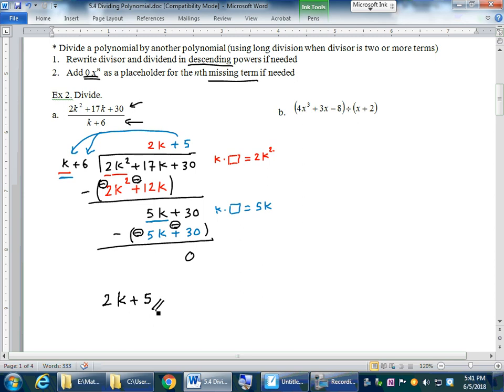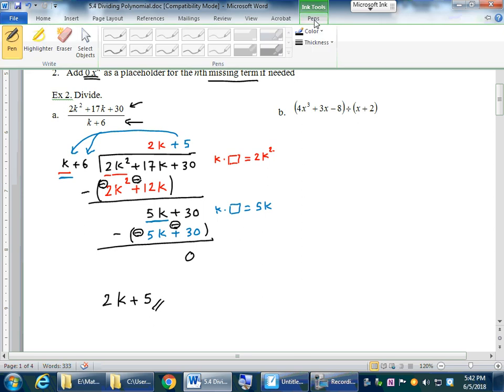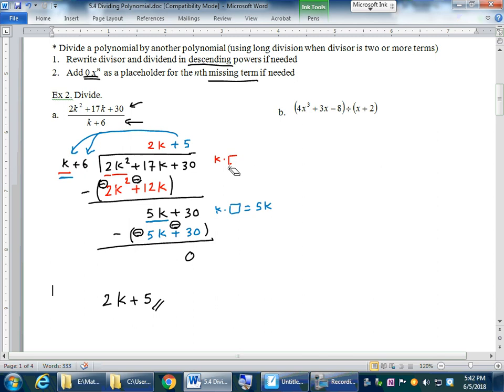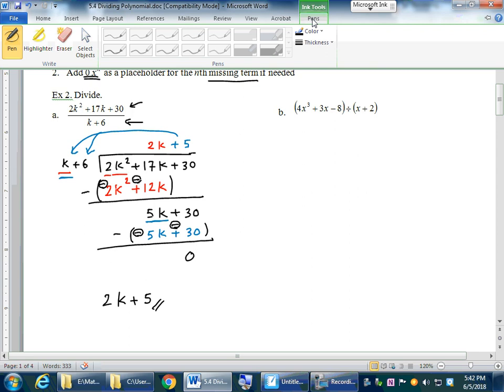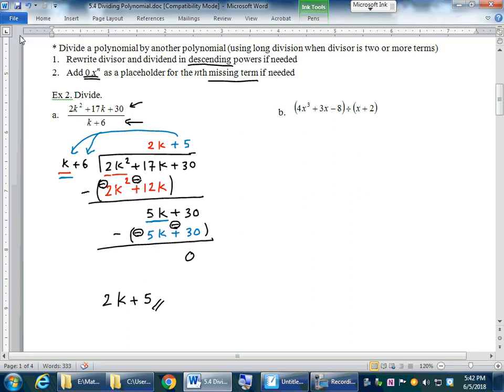So now, let's continue on the next example. In this example, we can see that there are missing terms. So it is in descending power, but however, there is a missing term. So what we need to do is replace it by a placeholder. Okay, so that will become x plus 2